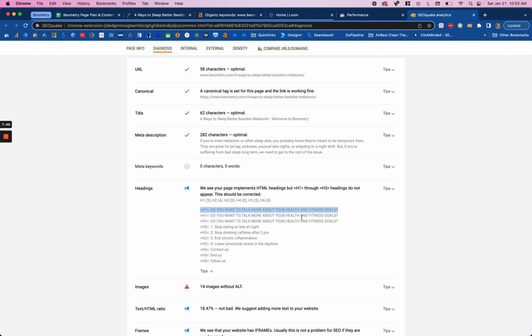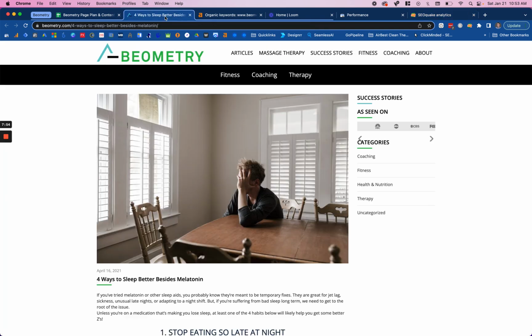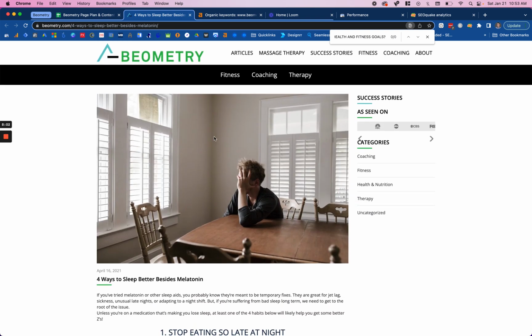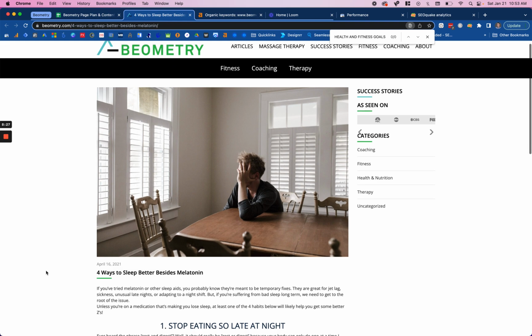And then, do you want to talk more about your fitness goals? Where's that on the page? That's an H1 3 times. We need to talk to their developers. Like, where is this? It must have been a pop-up. So they have a pop-up as the H1. Usually if you can't find something and it's the H1 or a heading and it's not on the page, it's usually a pop-up. So I'm assuming they have some sort of email subscription or something like that. This also tells me the devs need help because you can see this poor imagery, user experience there. Like, this is bad formatting.